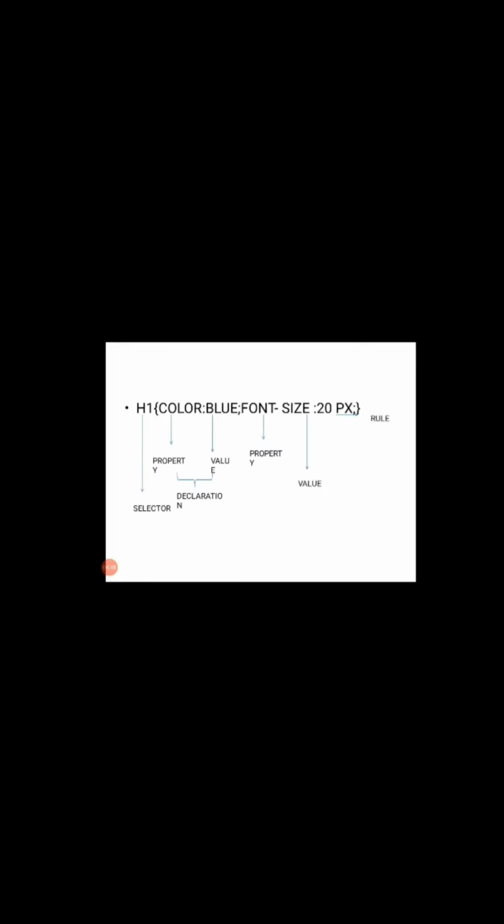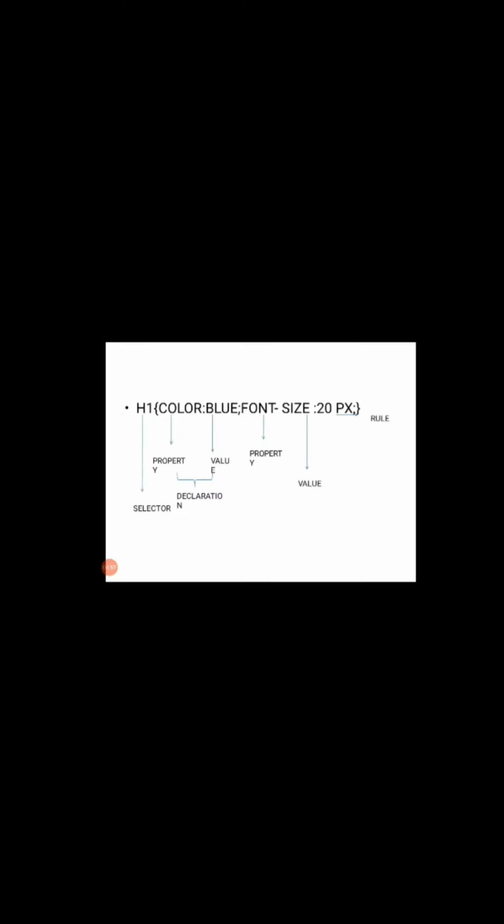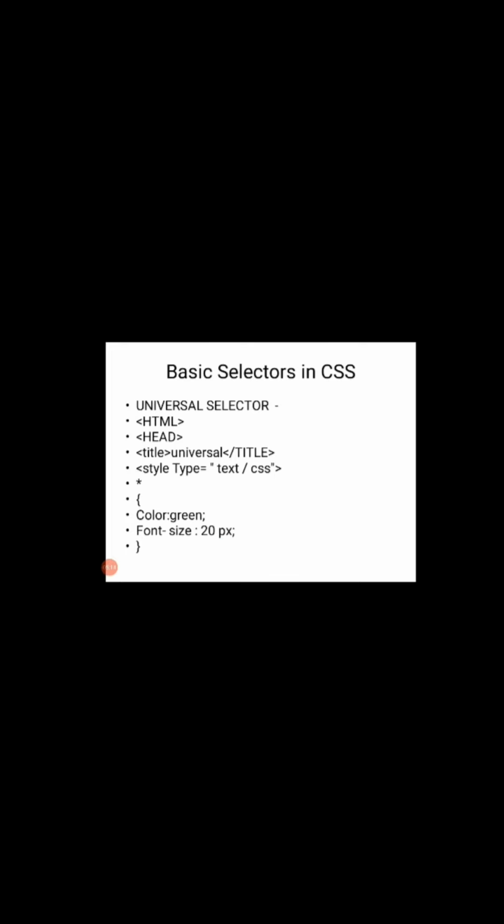Look here, like this: body. Here font-family is the property and the value assigned to font-family is Arial. The property and value together are known as a declaration. And here body is a selector, meaning the element of HTML on which the style is applied. Now look at one more example. Here the element on which we are applying style is heading 1, H1, the property is color, the value is blue. Property and value together are known as a declaration. Selector and declaration together are known as a rule.